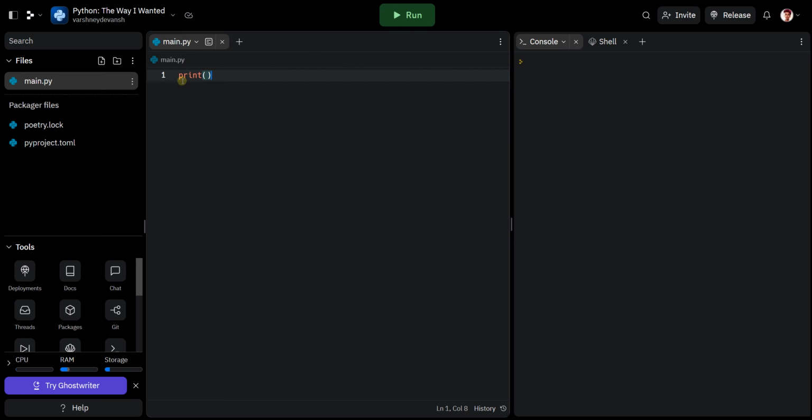So let's see what the intuition is. This function right here, I'm not talking about main, just focus on this. This function, print, started executing in the operating system.